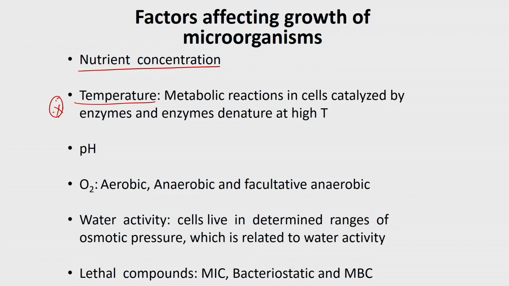And pH is also another important parameter. Certain growth of microorganisms needs a certain pH. This may be acidic pH, alkaline, or neutral pH. Based on the microorganism, there is a range of pH at which it grows, and a range of pH at which the inactivation starts, right. Another important parameter is oxygen. We already know there are three major categories: aerobic, which requires oxygen; anaerobic, which does not; and facultative anaerobic, which survives in both conditions, whether oxygen is available or unavailable.